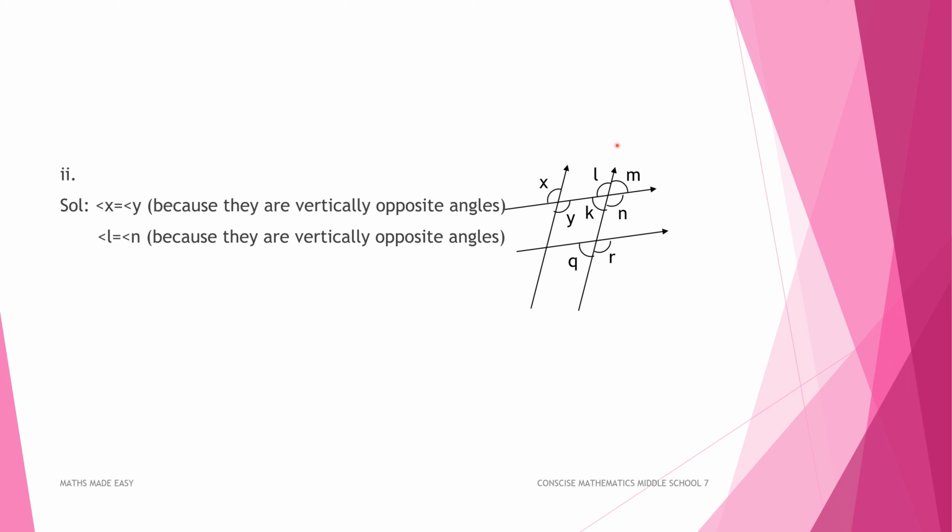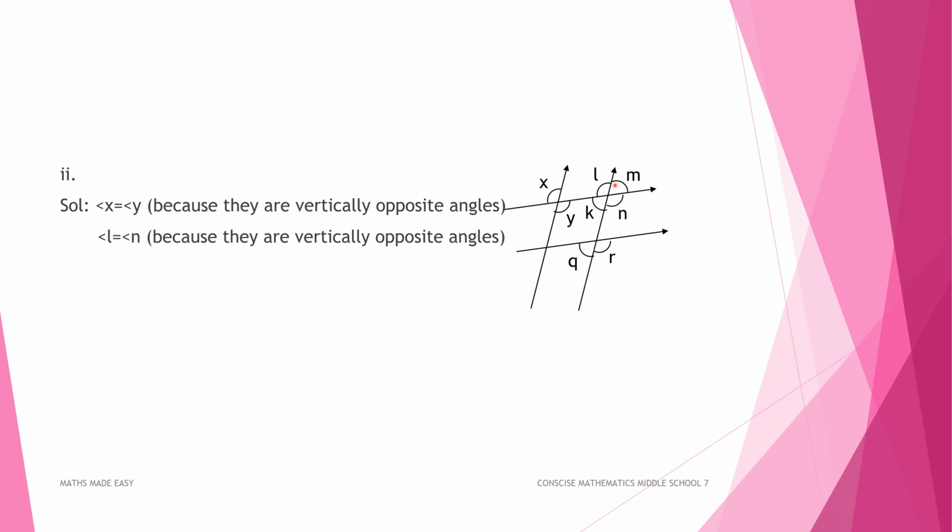So this is the diagram which they have given, and from this we need to identify the angles. Here firstly, angle X and Y. These both are vertically opposite angles, because see, there are two lines intersecting at a certain vertex, right? This is the intersecting point which is called the vertex, and this X and Y are exactly opposite to each other. So these both are vertically opposite angles, and even here L and N, these both are also vertically opposite